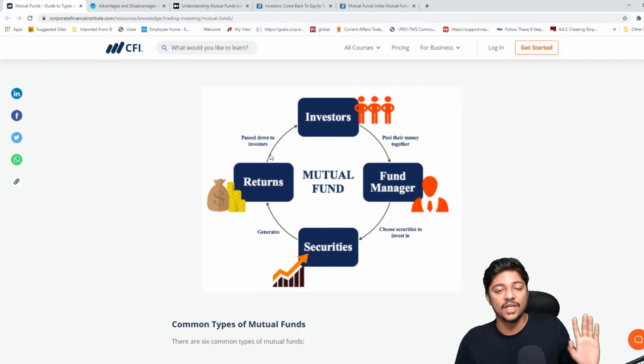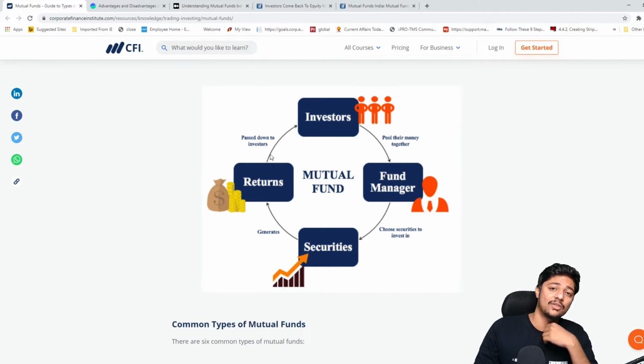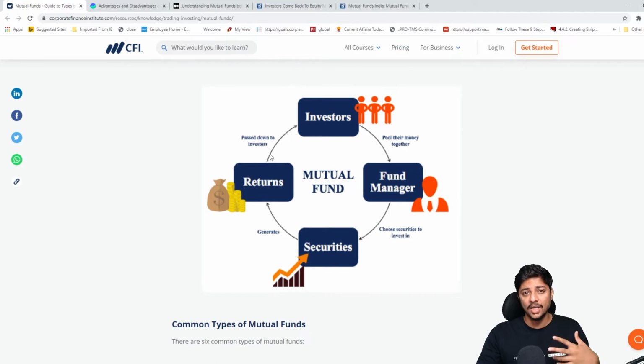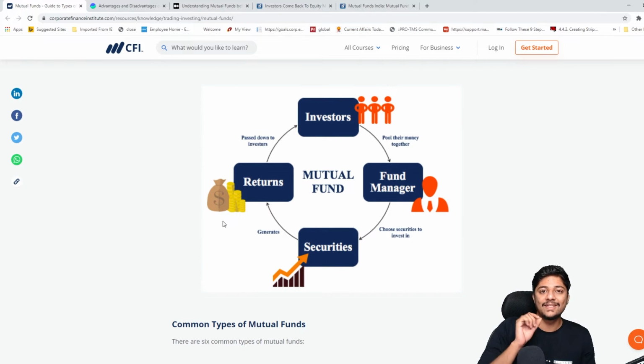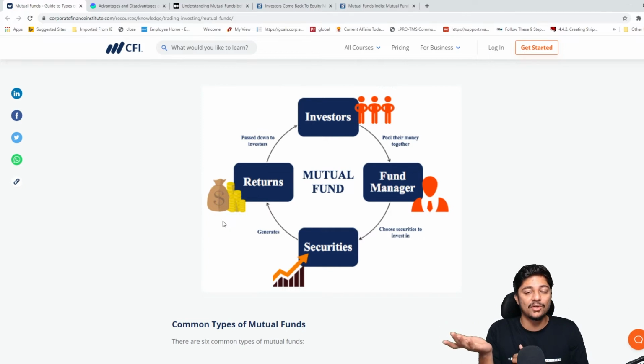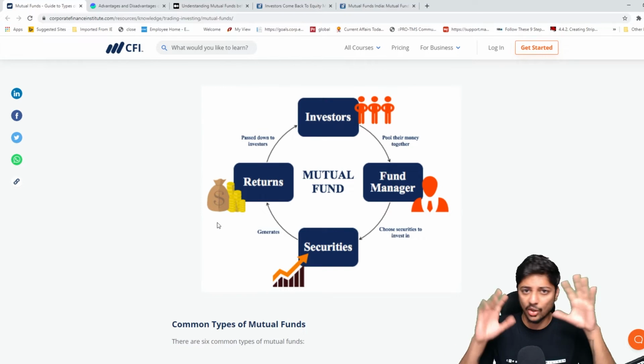But it's okay. Every year there are at least 1 or 2 new financial instruments that are made, right? Few years ago we didn't know what REIT was. Now REIT came, InvIT came, right? New instrument. Now there's a very famous instrument that is doing really well in the States. If you guys just want general knowledge, go check out this thing called SPAC, Special Purpose Acquisition Companies, SPAC it's called. So this new vehicle is coming out in the US. Eventually India में भी आ जाएगा. But leave that. Understood what the concept of a mutual fund is.